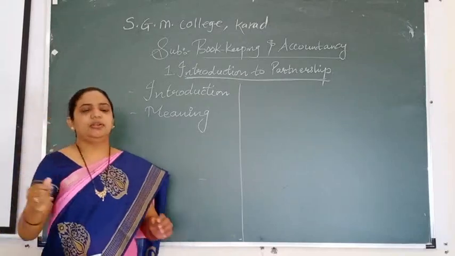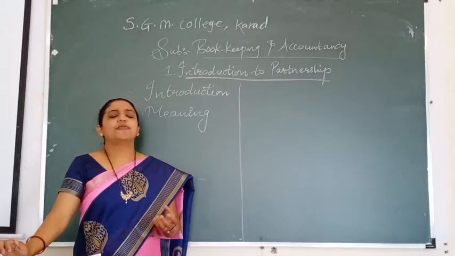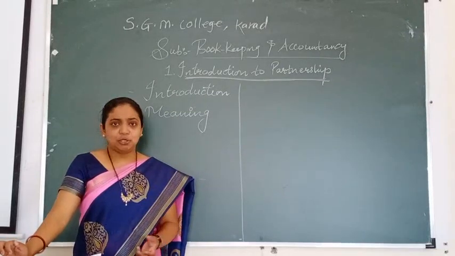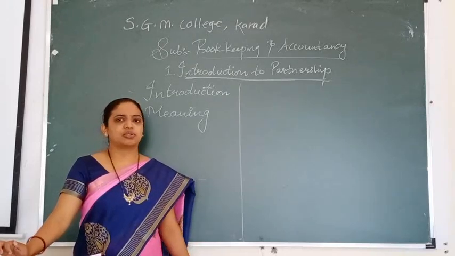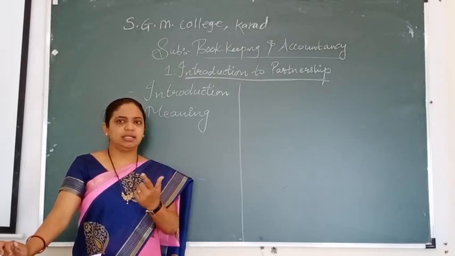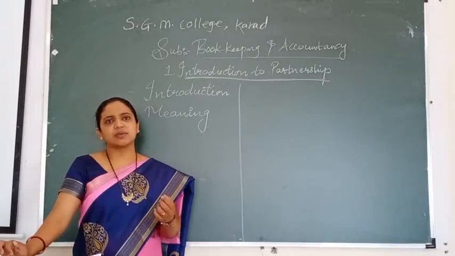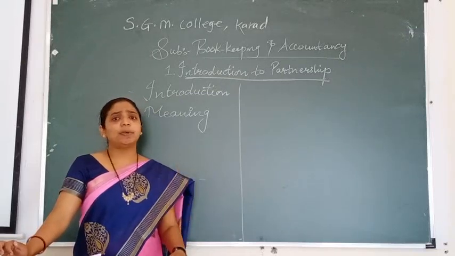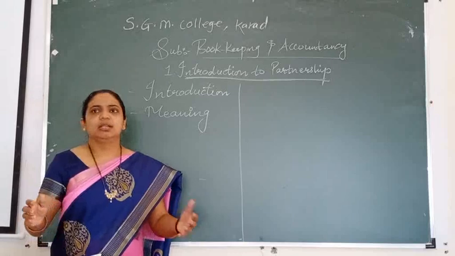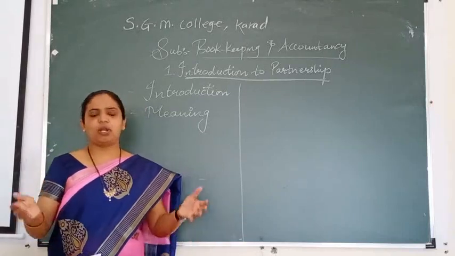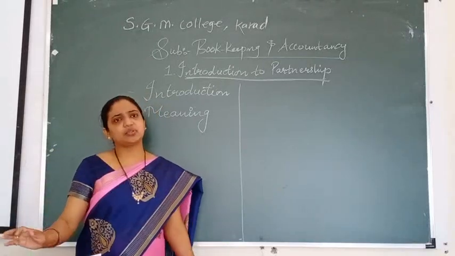In the meaning, you will come to know that a partnership is an organization, an association of two or more persons who agree to contribute capital and also agree to share the profit as well as the losses of the firm. Because when a single person contributes capital alone, he is going to bear the risk as well as the profit and losses of the firm. But when two persons come together, they bring capital together. When profit occurs, they share the profit. When losses occur, they bear the losses. When risk is there, the risk is also divided between the partners.